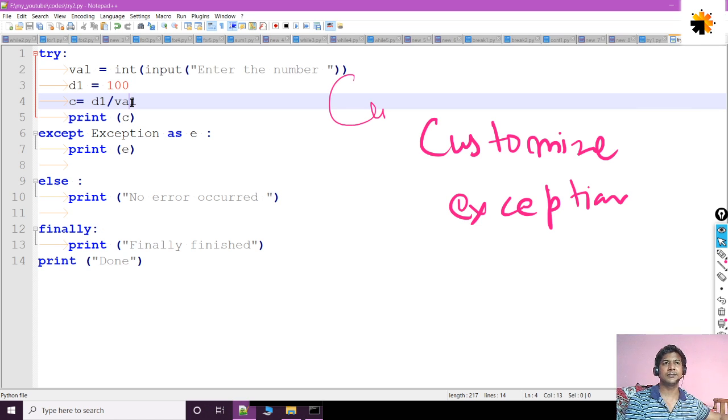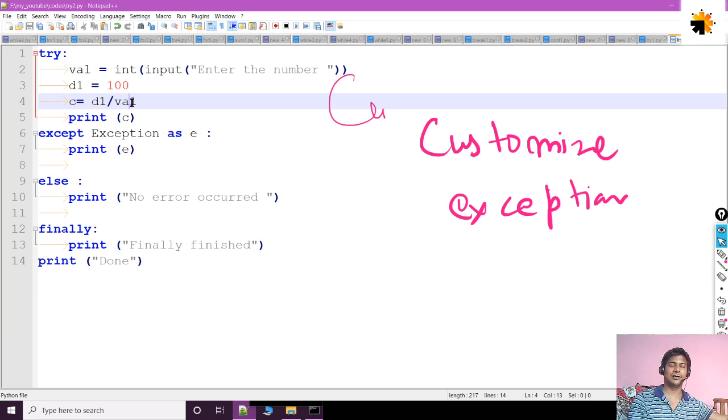Even when I was giving the interview for Sapient, somebody was taking the interview from the US. In the morning, that person told me, please write a customized exception. That time I knew it, so I just wrote a simple 4 or 5 lines of customized exception. But if I did not know, that would have been a problem. So that's why I'm telling you, customized exception is a most important question from the interview perspective